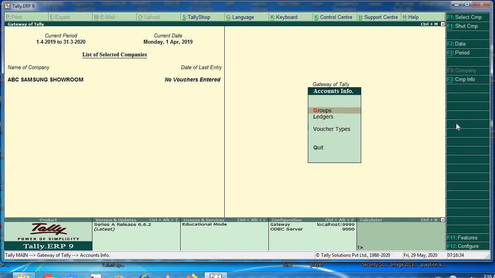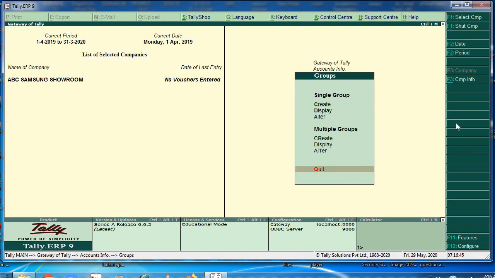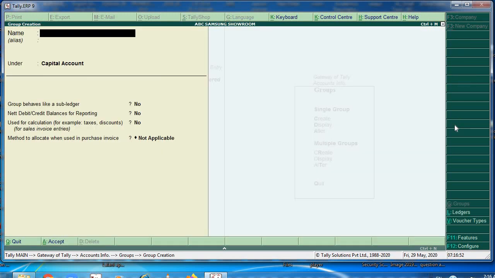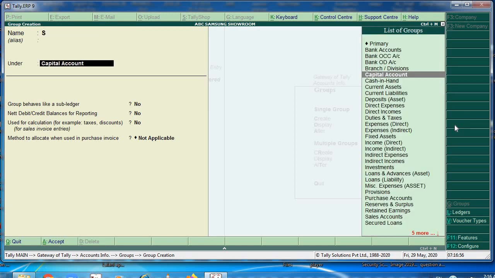The group is a collection of ledgers of the same nature. Tally software automatically creates 28 groups that are used. You can see. So we can see 28 groups that are used in the account chart.